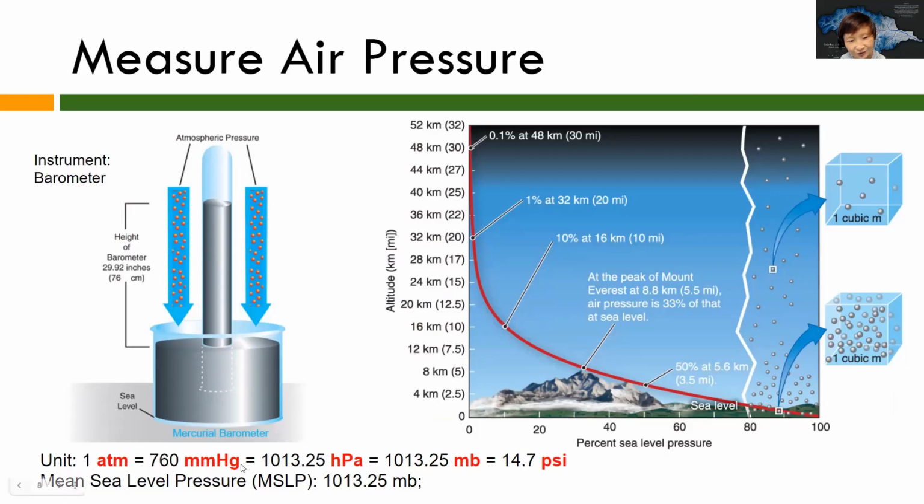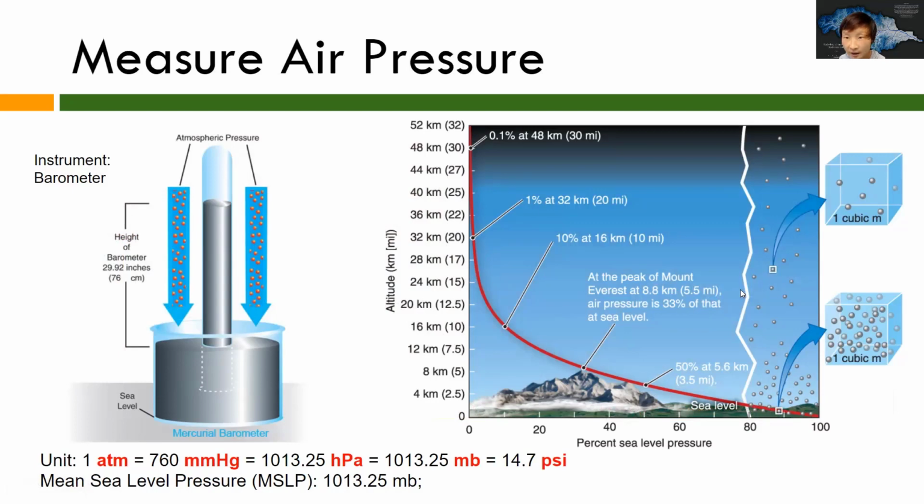So 1 atmosphere, okay, standard pressure equals 760 millimeters of mercury, 1013.25 hectopascal is another unit, and the same number in millibar, same thing, and PSI is pounds per square inch. Means at sea level, every square inch, you have this many pounds. That's a lot, right? But you can see I constantly emphasize the sea level pressure, because as long as